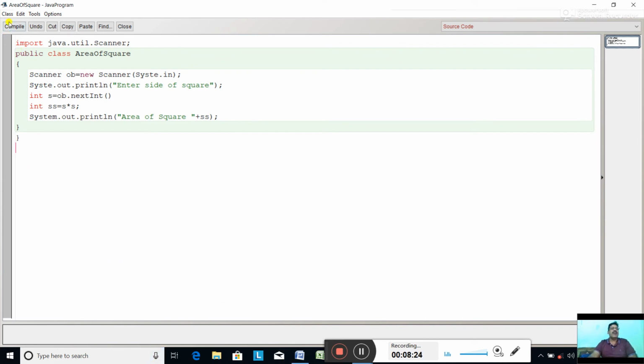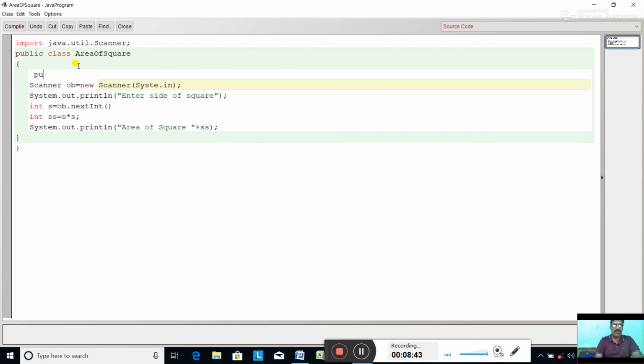Compile the program. See, there is an error here: System.out.println, oh, the m in System is missing. Type the m. Now compile. The public static void line is missing.